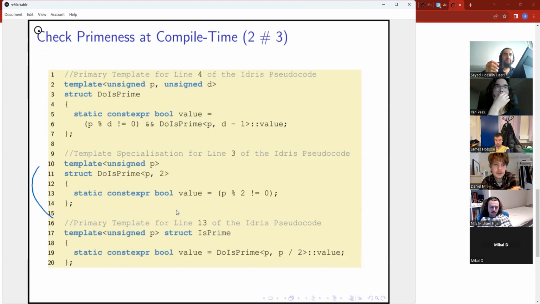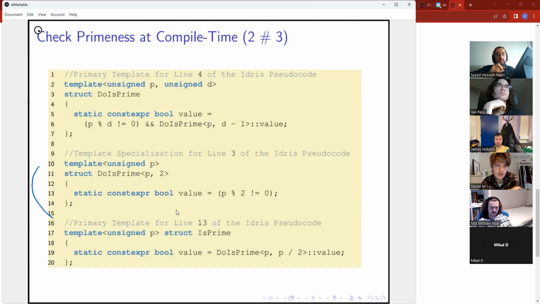Okay, so let's start with the call to the helper function. First of all, these things are what are referred to informally in the C++ community as metafunctions. They are not functions. They are structs. They don't return anything.